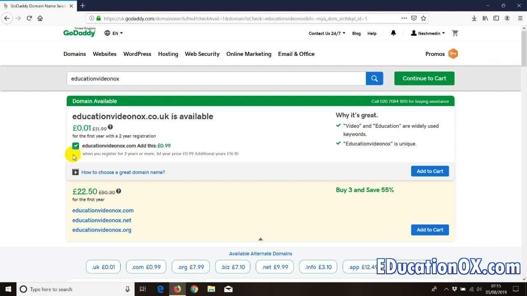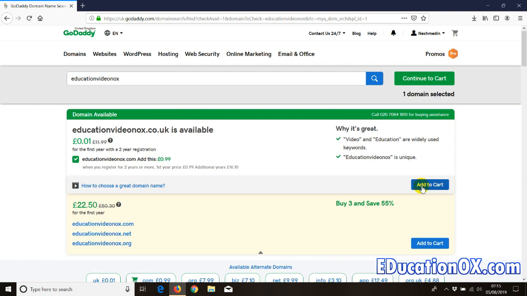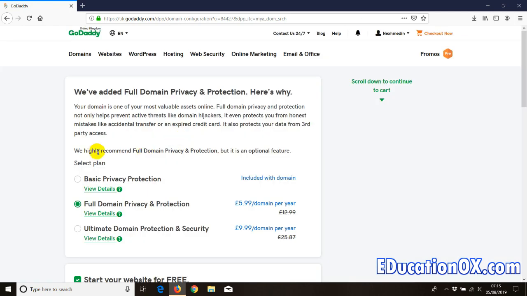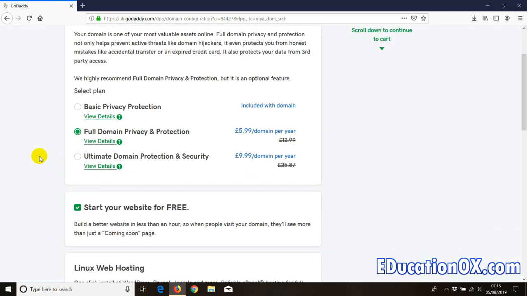So just select that one and click on add to cart, then continue to cart, and from there you can pay. Also, when you proceed to the second page, for example, I'm just going to continue to cart, you will have other options available for your domain. For example, full domain privacy and protection, ultimate domain protection security. You can choose whichever one suits you. Basic is based on the money. You can understand that